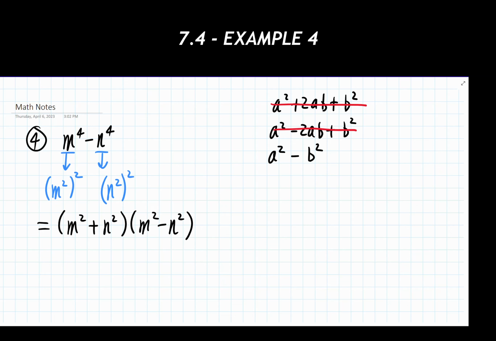There's no fourths or sixths or eighths or anything like that. But that does mean that I can factor this second polynomial, the second set of parentheses, further. And because I could factor it further, I need to factor it further. The directions state that we need to fully factor this thing, so we need to actually do that.